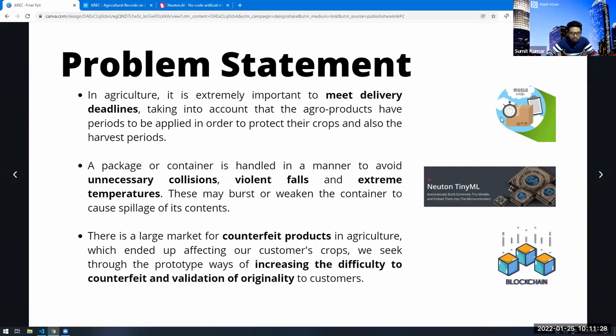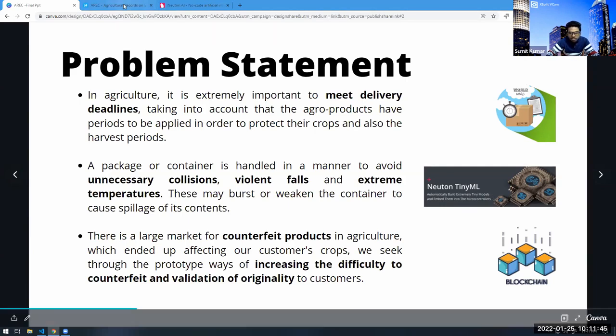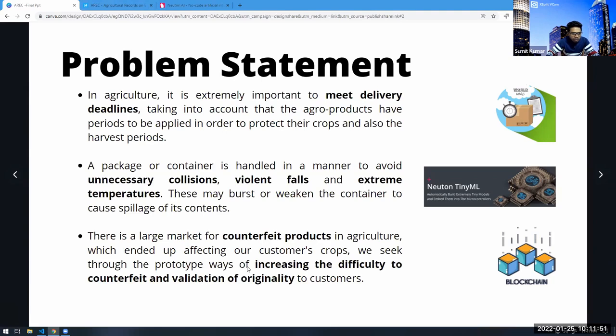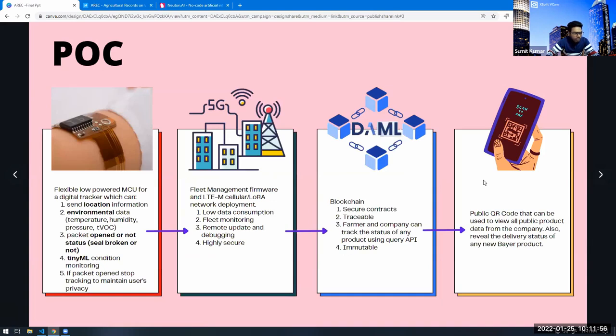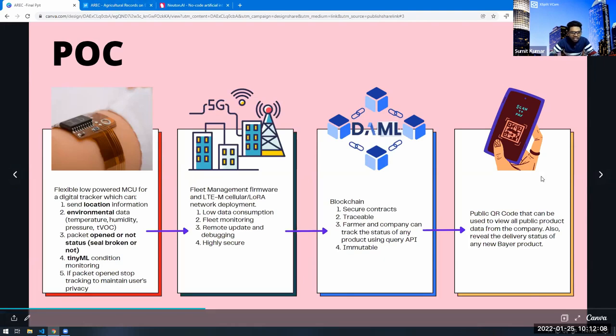For each problem, when we mix different technologies together, we come up with an ingenious solution. We try to solve a different problem in a unique way. So I'm going to talk about Newton TinyML, how I explored this platform, and share my experience with it. I have been working on the TinyML platform for a couple of days. There is also a lot of opportunity in this field, because agro-based chemical companies are looking for a solution, as there has been a huge loss due to this problem. I'm going to go over that after this.